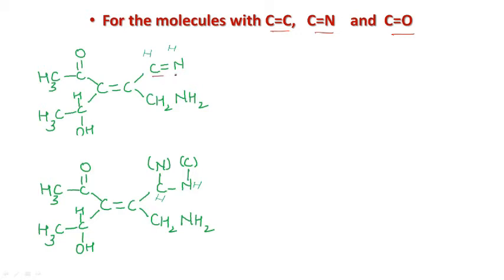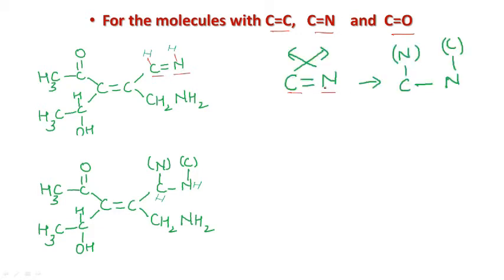Here in this case we are having C double bond N, these H are attached to these. C double bond N means this C is attached to 2 nitrogens and this nitrogen is attached to 2 carbon atoms. So this carbon is attached to 1 nitrogen and the other nitrogen, that is through this double bond, is written over here in the parenthesis, and this carbon is attached to 2 nitrogens. Similarly this nitrogen is attached to 2 different carbons, and to remember this we can draw this cross over here. It means nitrogen is placed over here, carbon is placed over here, so you can easily remember this.